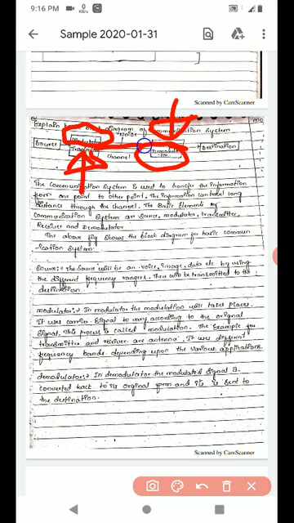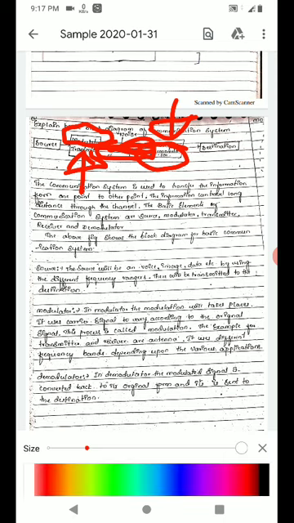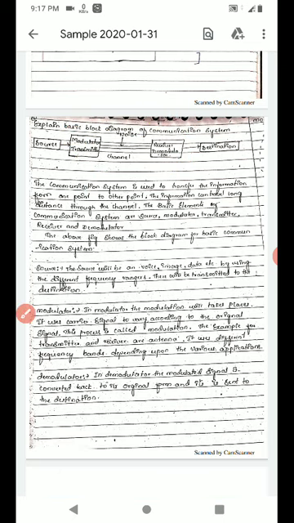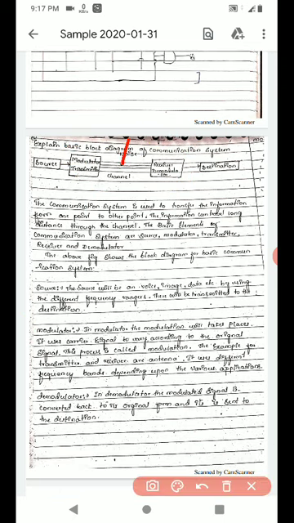Okay, and next the middle one, which is important here, the channel. We require a channel to transmit the signals from one point to another point. It may be a wired channel or a wireless channel. In wired channels there are different types: optical fiber, coaxial cable, twisted pair cable. Likewise, that is about the channel. In between the channel, the noise will be added. If the noise is more, it will decrease the overall efficiency of the signal. We have to reduce the noise so that we will get the maximum efficiency at the output side.